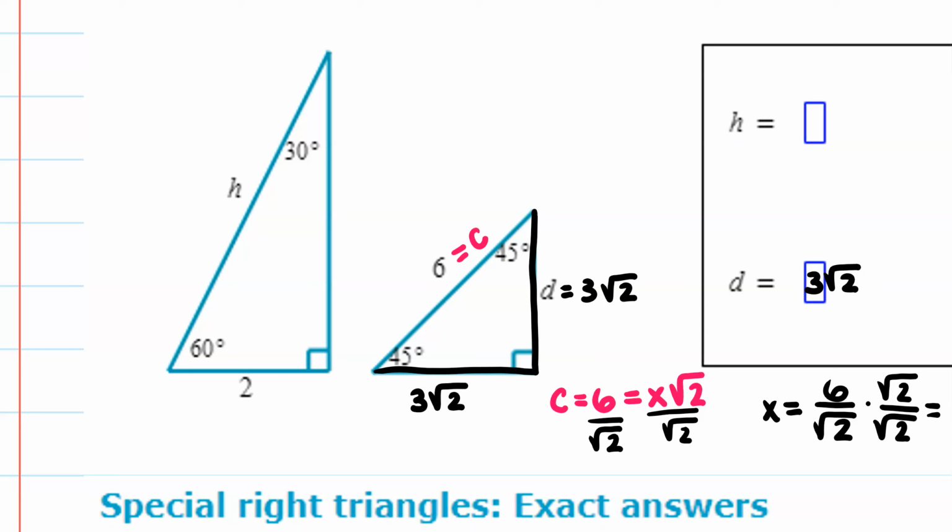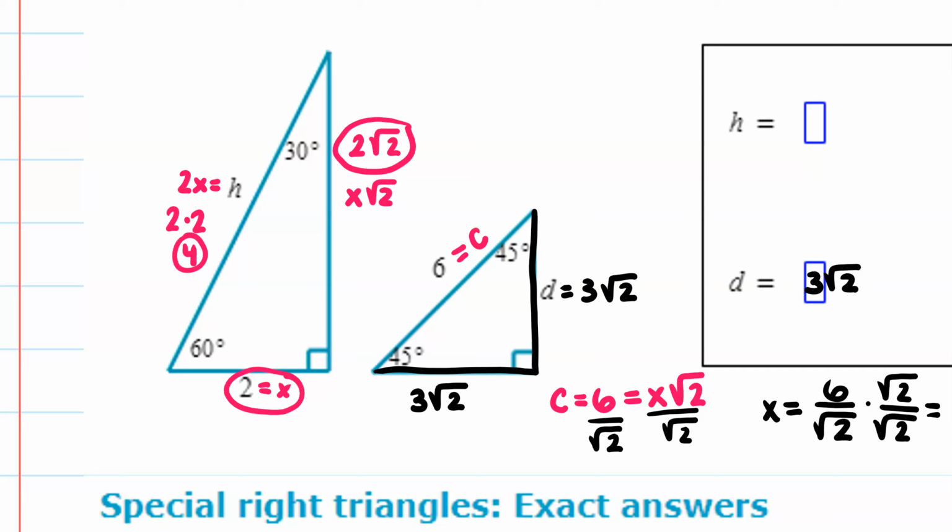Okay, so we're going to call the short leg x, the hypotenuse 2x, and the long side x times the square root of 2. So if I look at my picture, I know that x is equal to 2, which means the hypotenuse will be 2 times 2, which is 4. And the long side will be 2 square root of 2. So which one did we want? We wanted the h for hypotenuse, so the h was